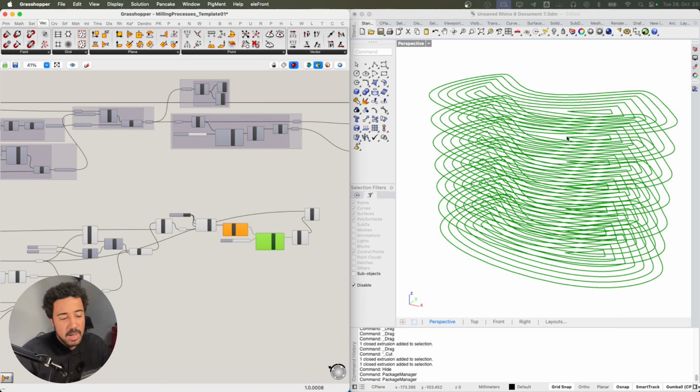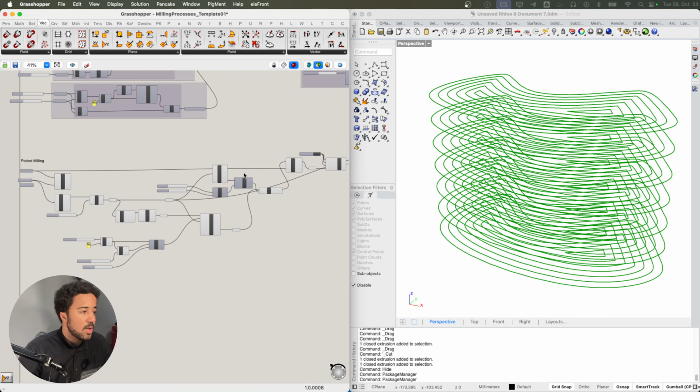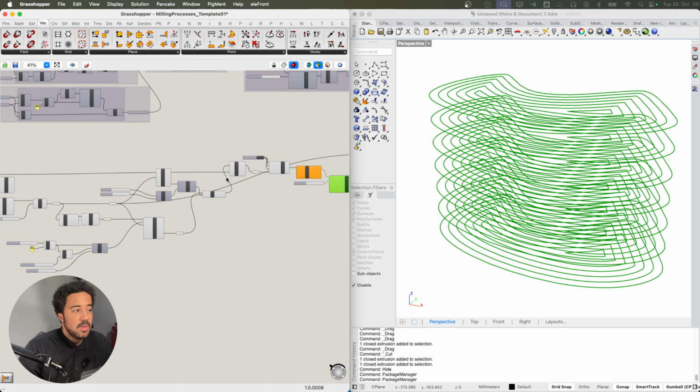For some materials, maybe a soft wood, this could be enough, but you often need more complex toolpaths than this. But this should give you a good start and a good understanding of what you need to get started, and then you can expand on it and get more complex if you need it in your process.